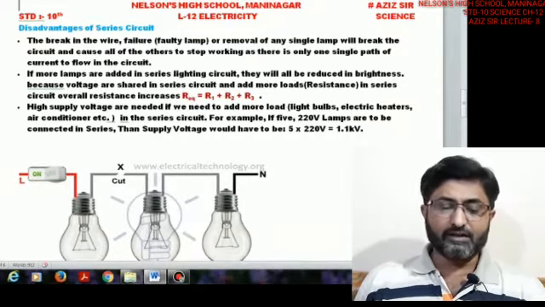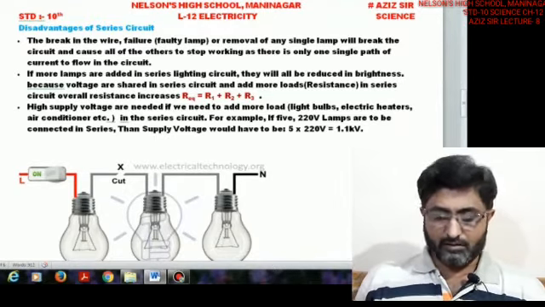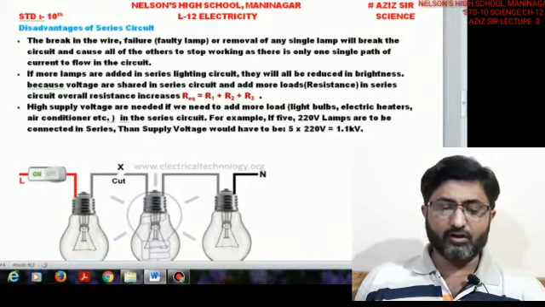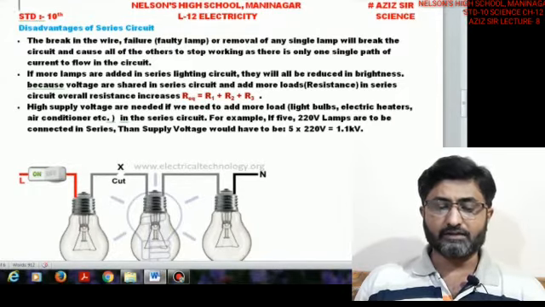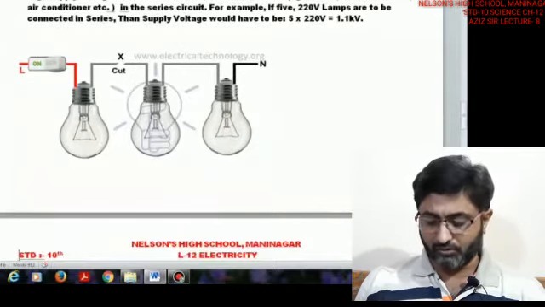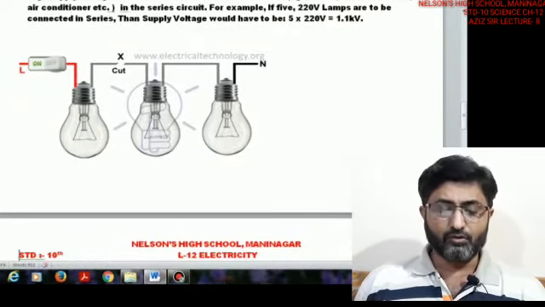Now in disadvantages of series circuit, if there is a break in the series wire, you may see the bulb diagram, and when the circuit is on you are seeing that there is a cutoff in the circuit, and when there is a cutoff in the circuit the entire circuit breaks down. That means the next bulb and the same bulb are also not going to light up. The reason behind that is the current is not capable of flowing through it.